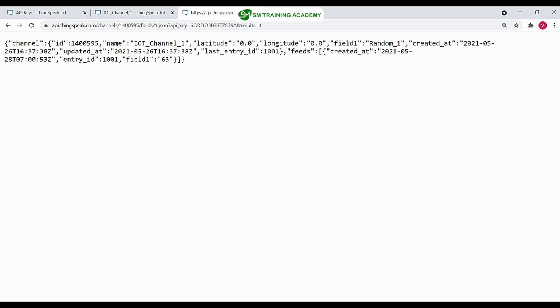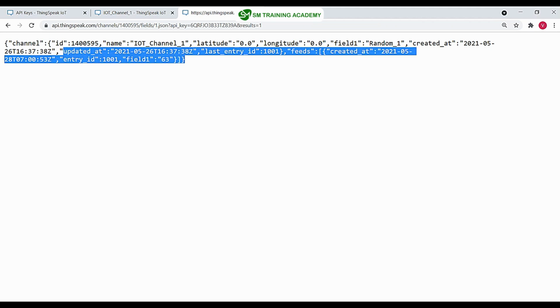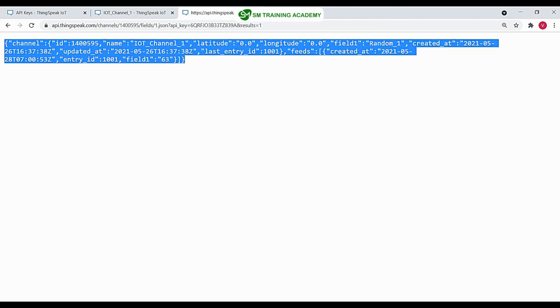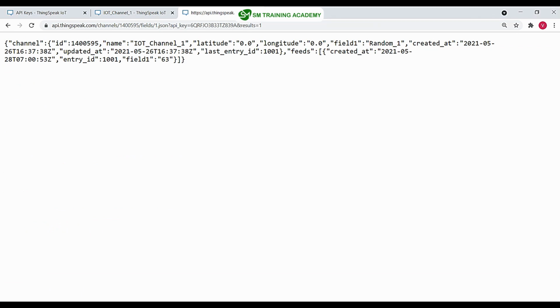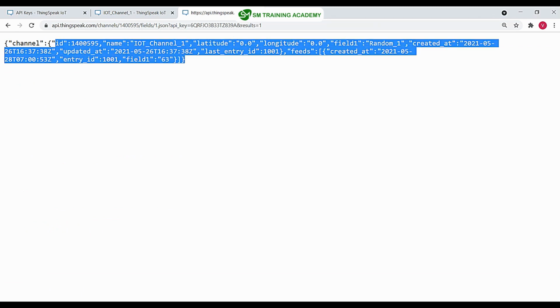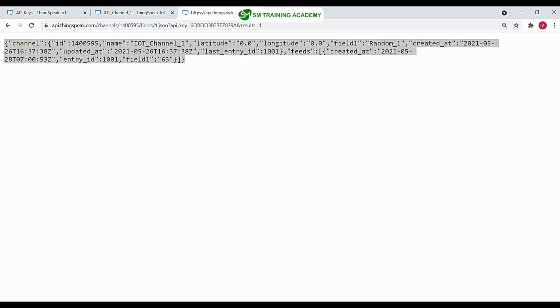So we will not only be getting the data that is available in the field, but instead we will be getting this whole response in our NodeMCU. For now, let's program our NodeMCU for sending the GET request for getting this whole response from the ThingSpeak server, and then print this response onto the serial monitor available in our Arduino IDE.